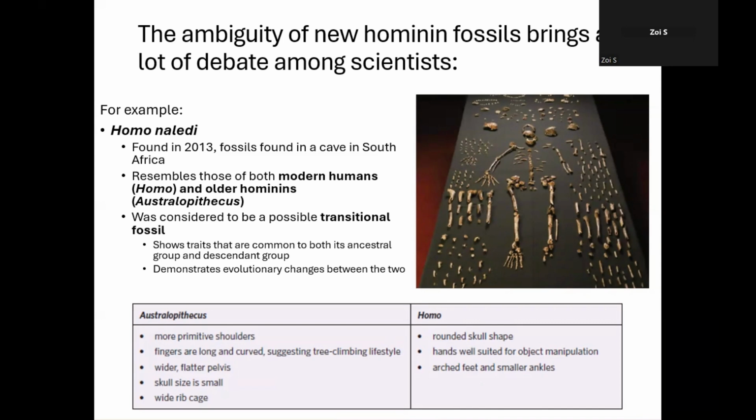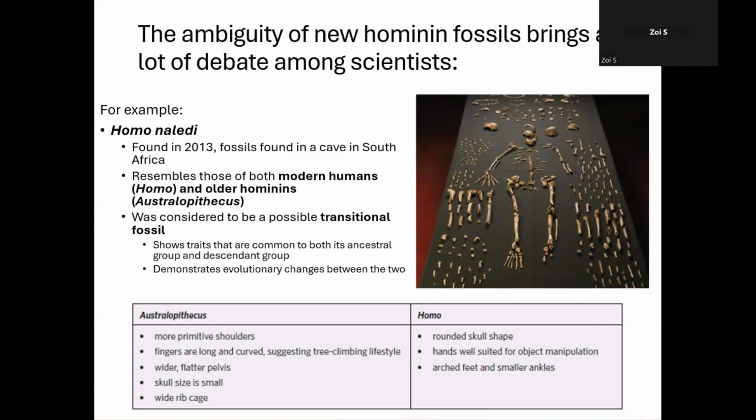They basically demonstrate the evolutionary change between two different evolutionary steps, right? And when we looked at this fossil of Homo naledi, we found that they share two different sets of features that are reminiscent of the old hominins and also the genus Homo, where they had primitive shoulders, fingers that are long and curved, suggesting that they were tree climbing. They had a wider pelvis, a small skull, and a wide rib cage. So these are